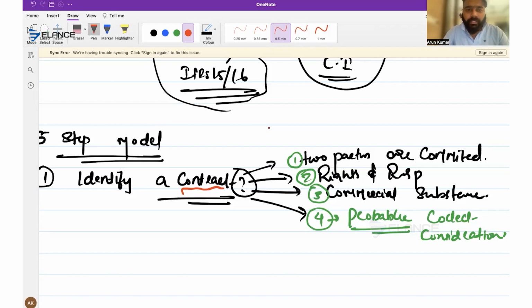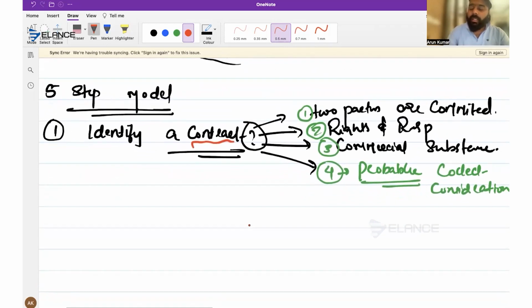In the same way, the rights and responsibilities of both parties, that is both the supplier and the customer, need to be explained in the contract. And both parties are committed to the contract. It means that it is not a forceful one. They have come into the contract with their own full acceptance. So it should not be forced. That's what we mean by the fact that two parties are committed to the contract. Is that clear, everyone? That is step number one.